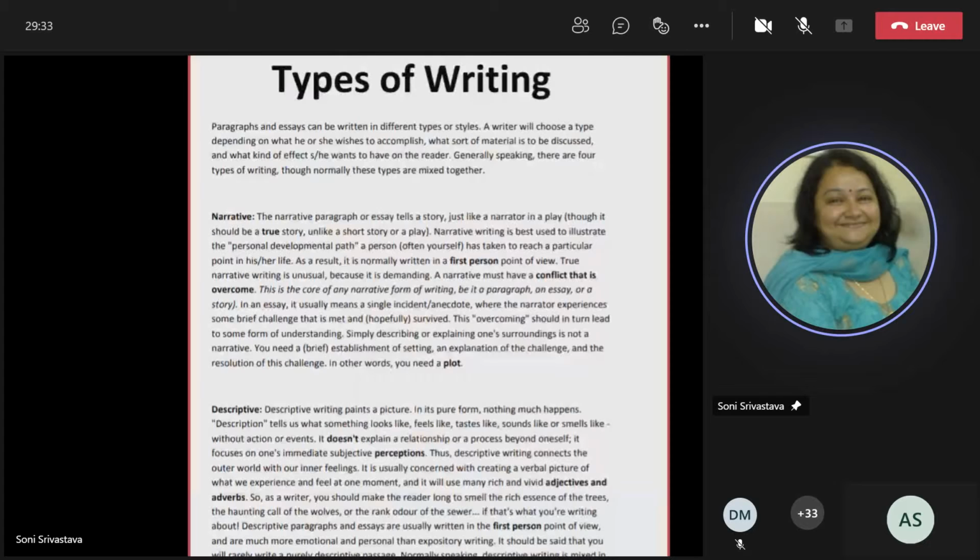Meaning, suppose there is a character in a story. For example, let's take our own chapter, which we have already done, that is the portrait of a lady. There, the description is very vivid. If you see the description, in fact, the very next page, that is the second page of the chapter, there's a complete description. It's a complete picture, the storytelling. You can see how beautifully they have described.